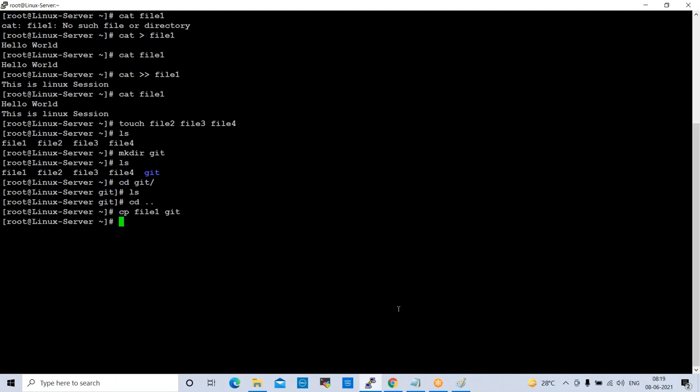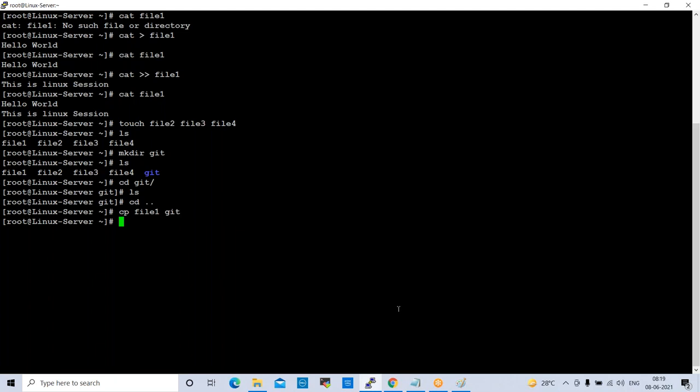So when we copy a file, what will happen? Copy means the file will be available in the source place and the destination place. So both the places it will be available. And also one more command we have, which is the move command. Move means the file will be moved from source place to destination place.